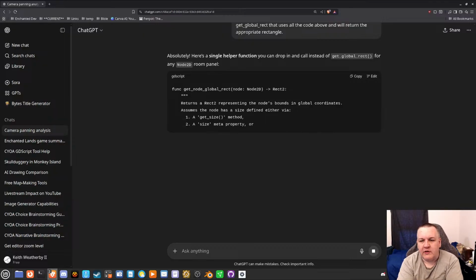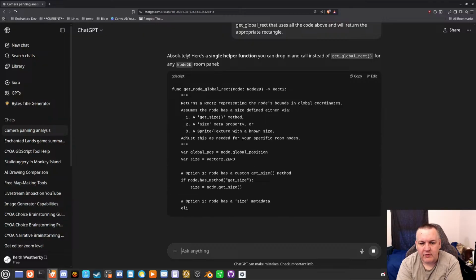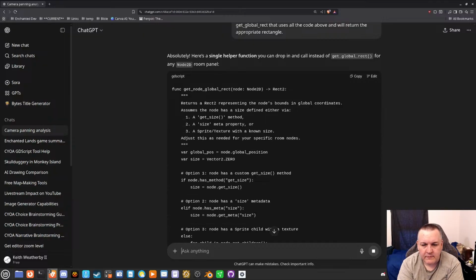The single helper function you drop in and call instead of get global rect for any Node2D. Returns a Rect2 representing the node's bounds in global coordinates. Assumes the node has a size defining it as get size.